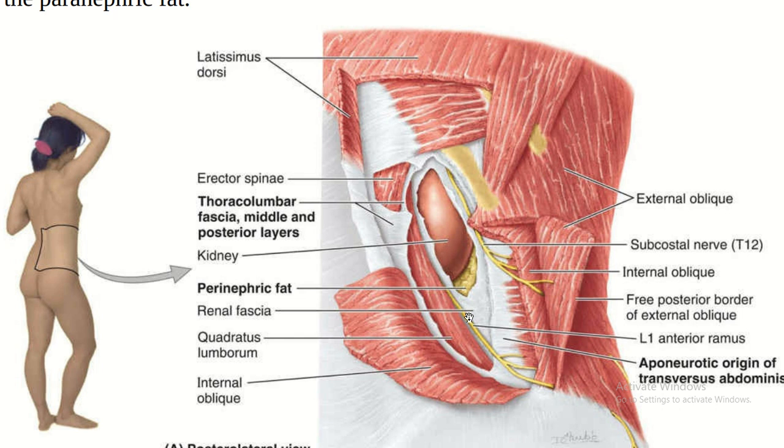This is your L1 nerve, right? You can actually see your L1 anterior rami that will become your iliohypogastric and ilioinguinal nerves, right? And you can actually see this is your quadratus lumborum, and then this is an aponeurosis of your transversus abdominis. Good,